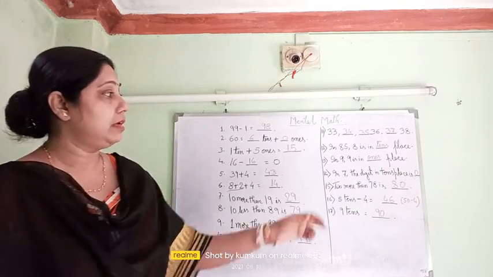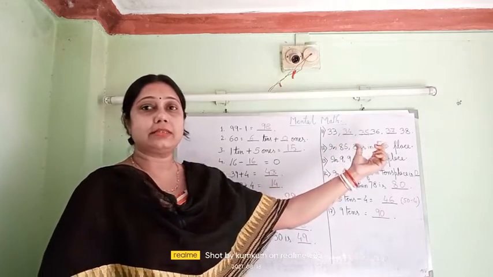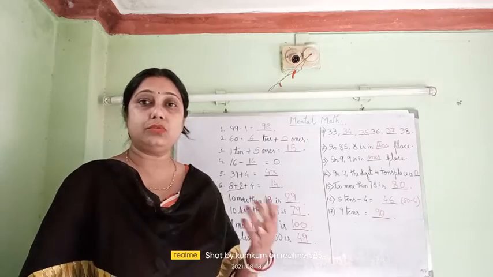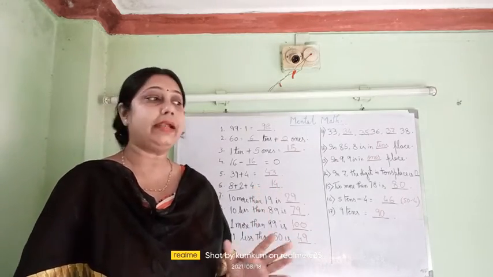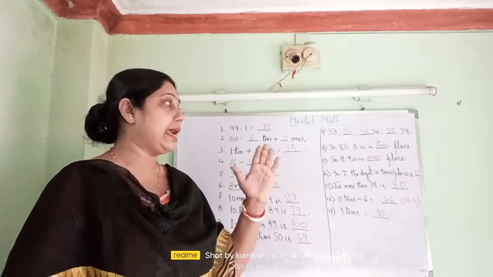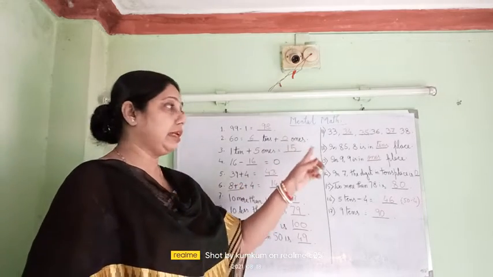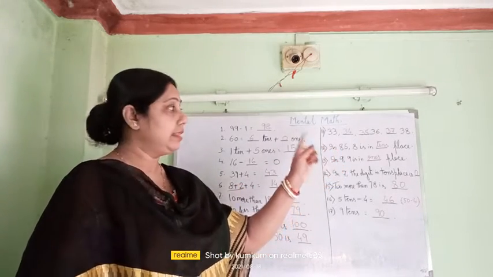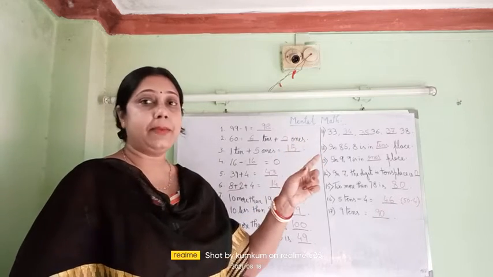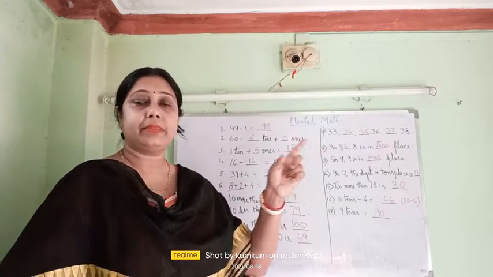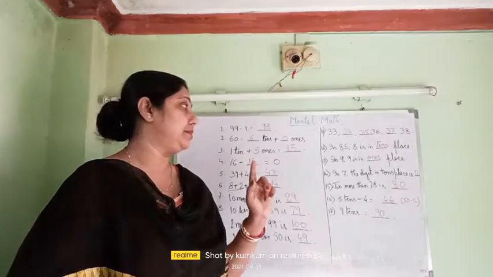Next, see, there will be 2 or 3 blanks. That means you have to either do skip counting or follow the pattern. So I have written 33, dash, dash, 36. That means it is forward counting. So after 33, 34, 35 I have written and 36 is written. Then again blank, that means it is 37 and then 38 is already written.